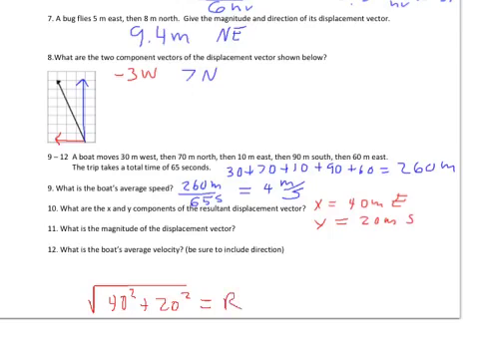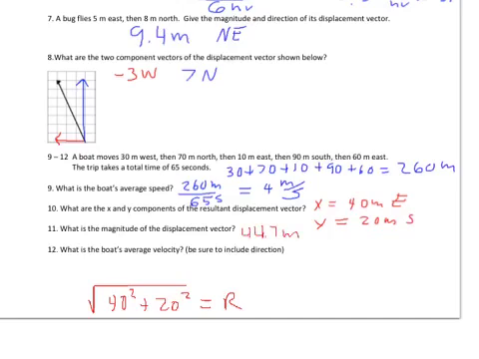So let's just type that in the calculator and see what we get. The square root of 40 squared plus 20 squared equals, and I get 44.7. So R equals